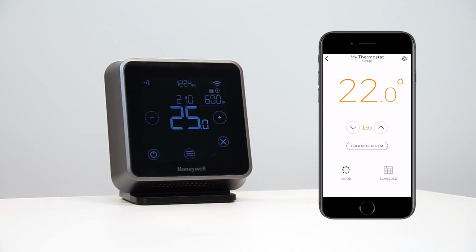This was everything about setting up a temperature override from the T6 range of smart thermostats and from the Honeywell